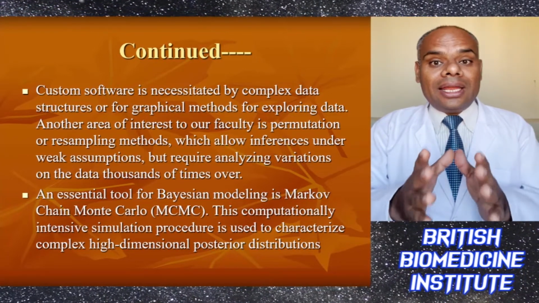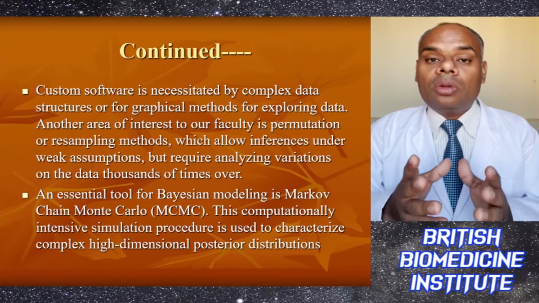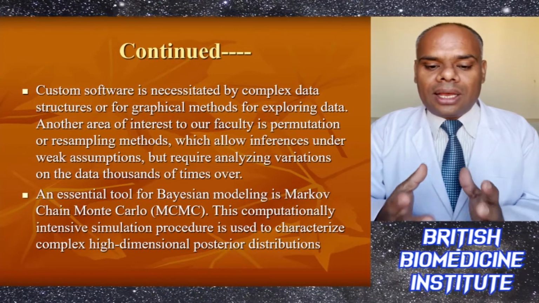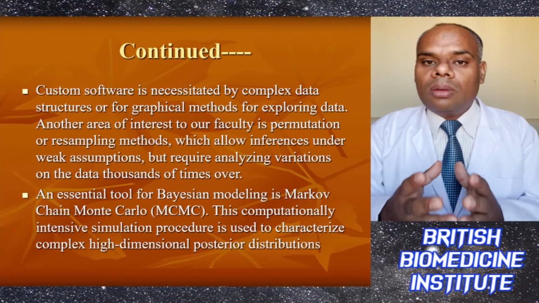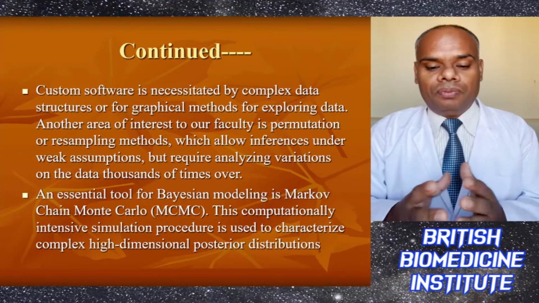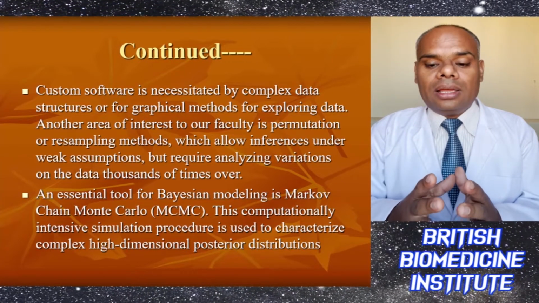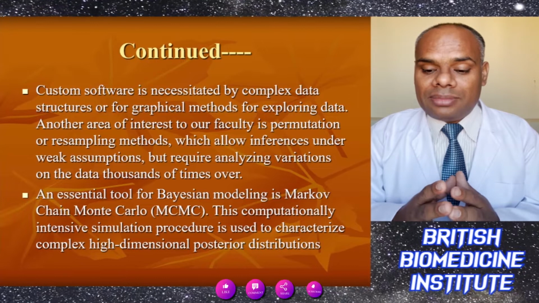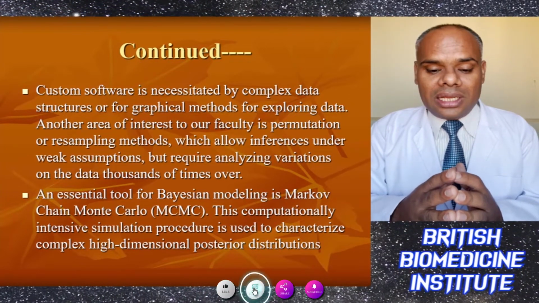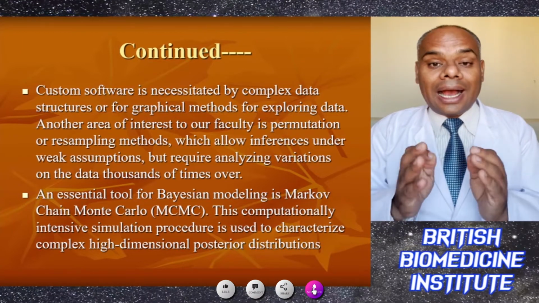There is another area of interest to the faculty: permutation or resampling methods, which allow inferences under weak assumptions but require analyzing variations of the data thousands of times. It is also an essential tool for Bayesian modeling like MCMC, Markov Chain Monte Carlo. This computationally intensive simulation procedure is used to characterize complex